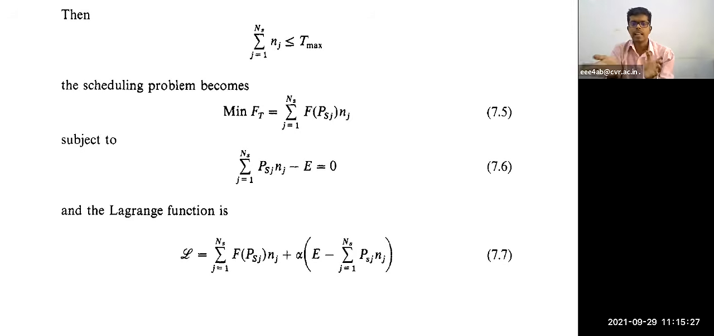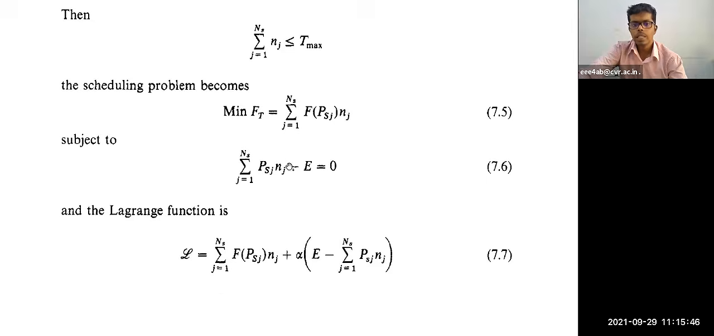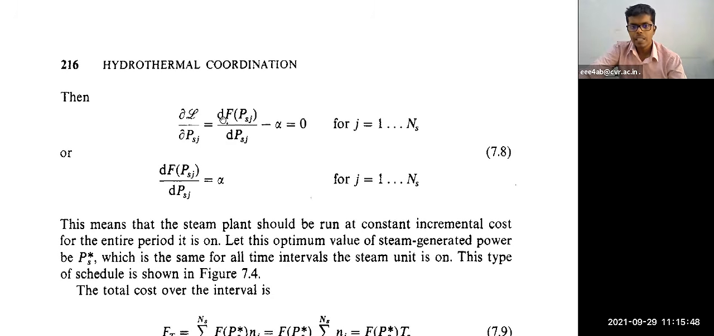To minimize this, we need to differentiate. What we are doing is minimizing the power generation from the steam generating unit and equating it to 0. So here we are differentiating, and while differentiating we will get df of psj divided by dpsj